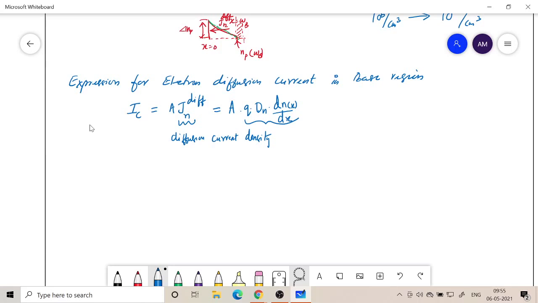That is the change of concentration of electrons with respect to the distance from x equal to 0 to x equal to WB. There is going to be a change in concentration. Now you can approximate from this straight line approximation the value of dn by dx with the help of a straight line. If you just take the slope of the straight line, that will be given by